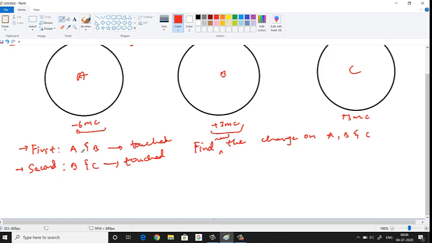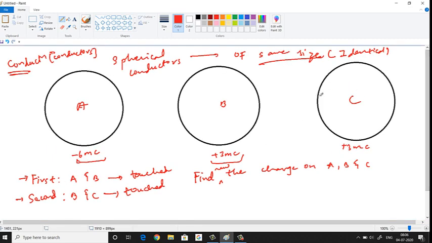Okay, so how do we calculate? See, we can calculate the charge only when the spherical conductors are of equal size. Suppose say if A was of this size, okay, B was only this much. It is not a part of this question, I'm just explaining you some part. If A was this large and B was only this much, are they of same size? No, they are not of same size. Then also if they touch, the charges are going to distribute. But will they distribute equally? No.